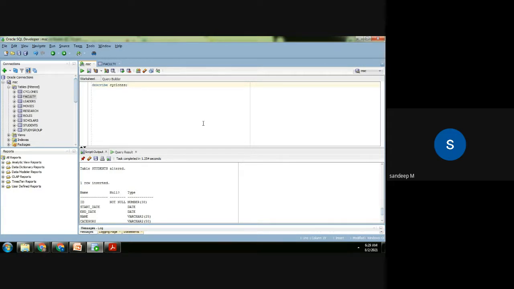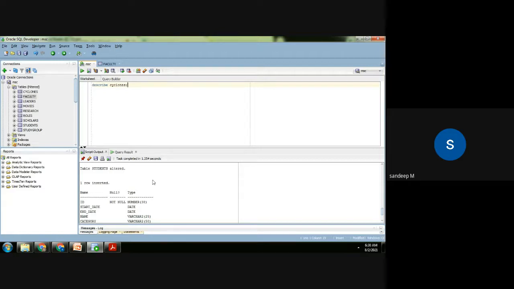We'll discuss that in units 4 and 5. For that we require the basic operations you need to do on a database, because units 4 and 5 are all about the various operations we do on databases. So we require all the basic stuff that we are discussing here. We'll end the session here.